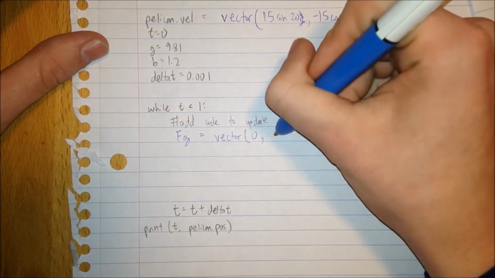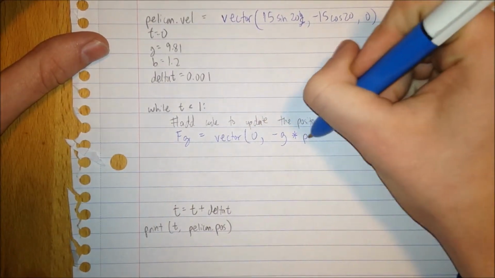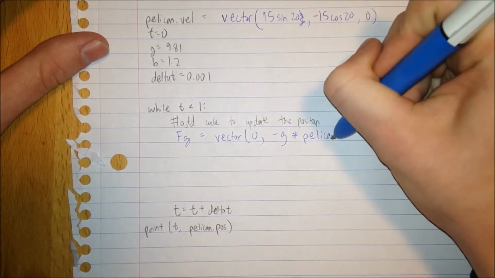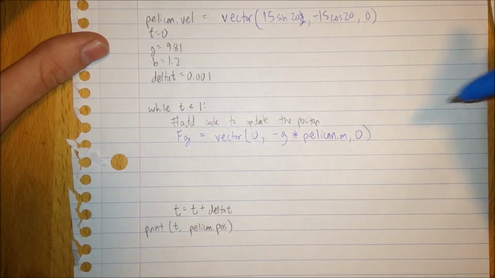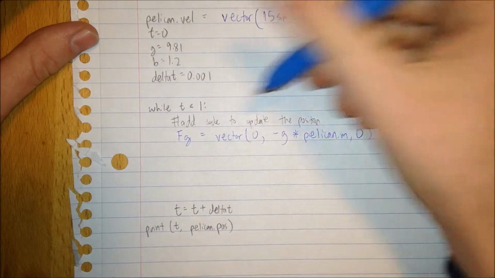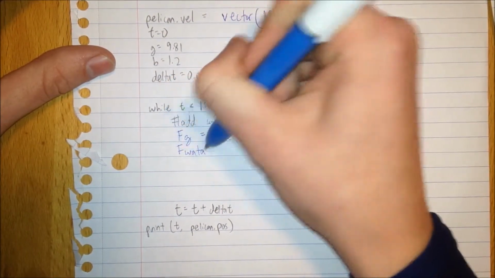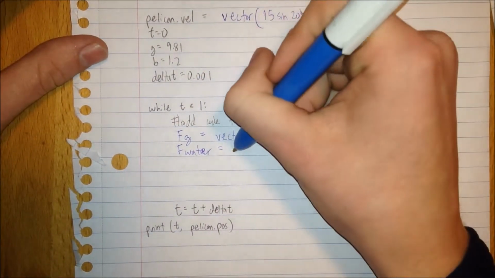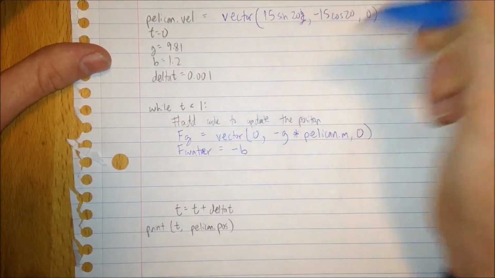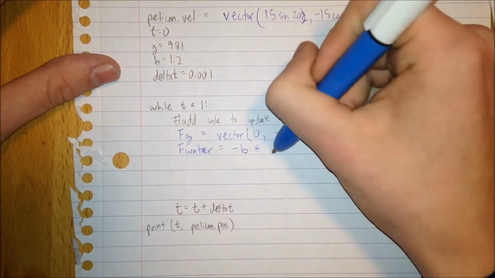And nothing in the x direction. Negative g times the pelican's mass in the y direction, 0 in the z direction. And the other thing acting on the pelican will be the water, which causes the drag force. So let's call that F of water. And that's going to be equal to negative b times the pelican's velocity,